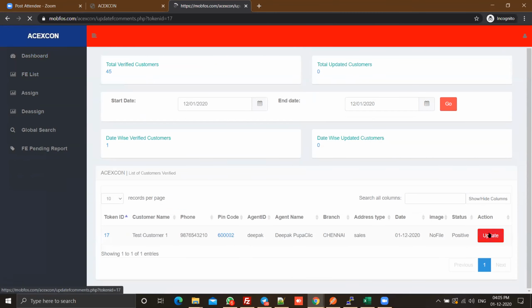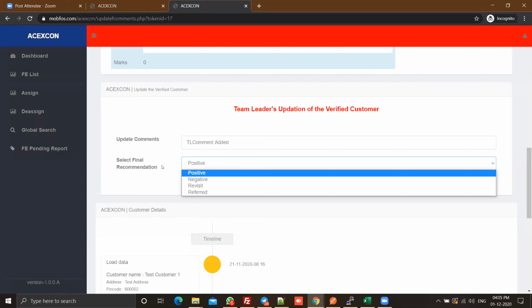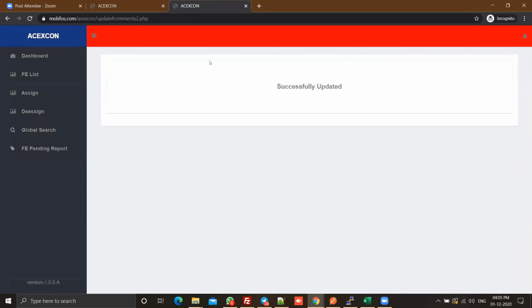So once we click on update, you'll have the team leader's comments that can be entered here. And then you can give it a simple status and click on update, wherein you close the case for the team leader.